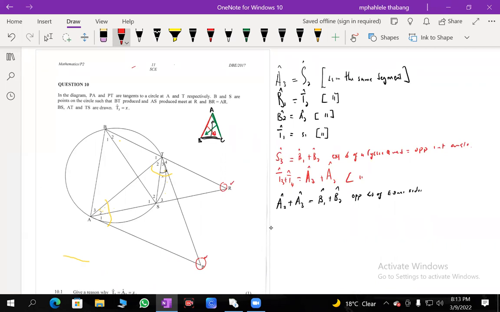Cyclic quad. Or else you prove a cyclic quad before. Yeah, cyclic quad. Prove that ATRP is a cyclic quad. For now, don't say angle R equals angle P. That one, don't do it. Why? Because